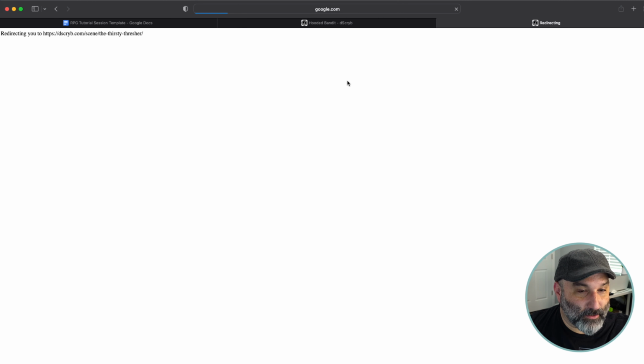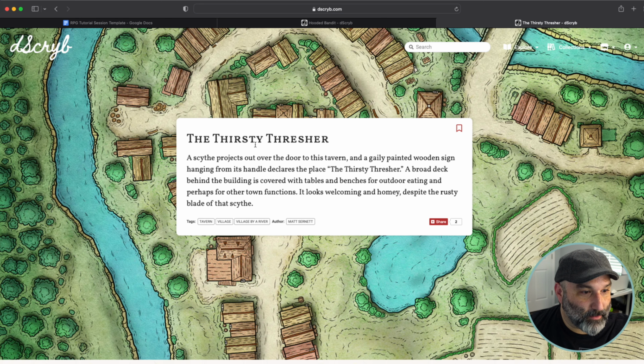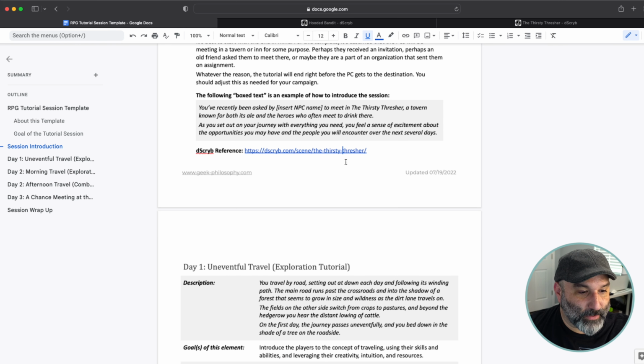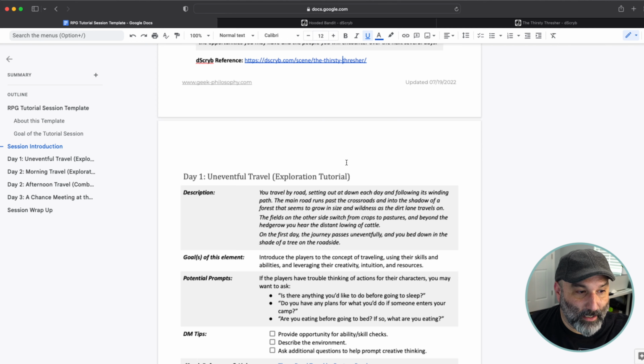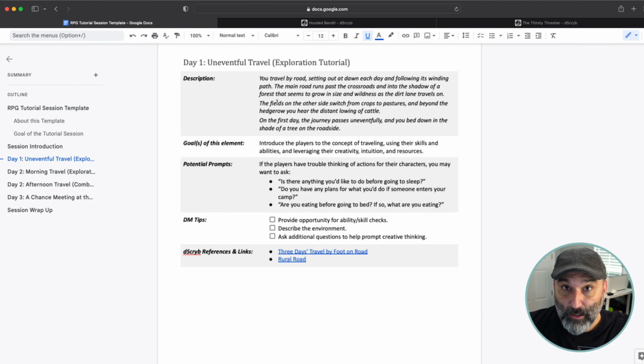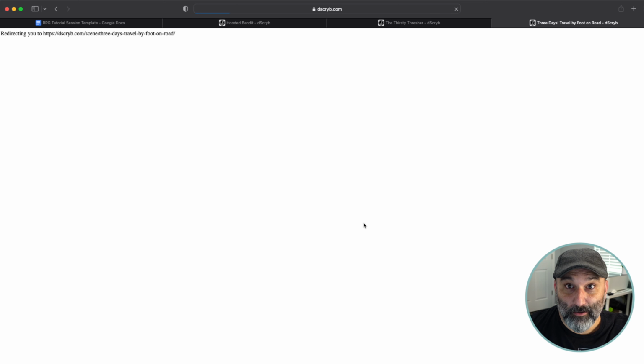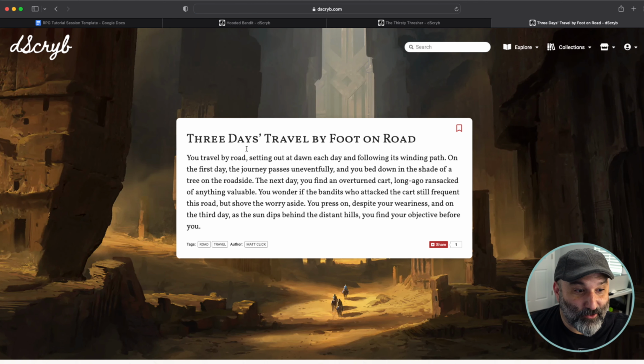Thirsty Thresher is one of the descriptions right here in Describe, so I used that one as placeholder text. You can change it to whatever you like. This is your game. There's going to be 3 days of travel. Again, 3 days of travel by foot on the road was a description in Describe that I used the first piece for the first day,